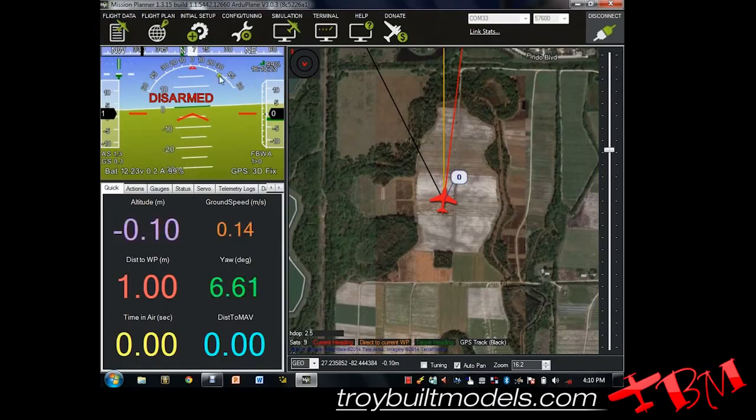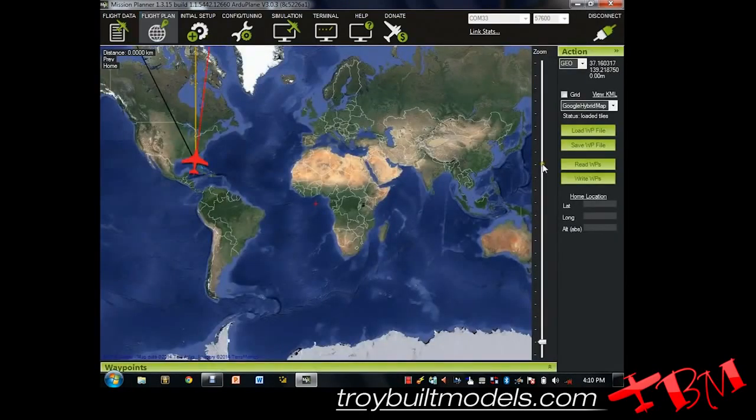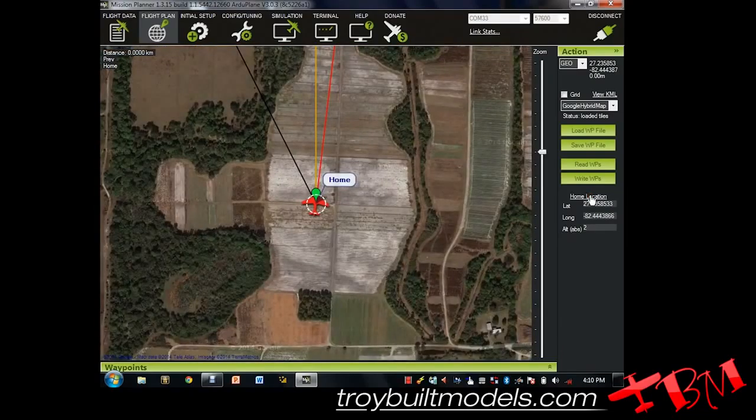Okay, so we're going to open up flight plan, and we're going to hit home location, and that will set the home location right where we are. And then we're going to